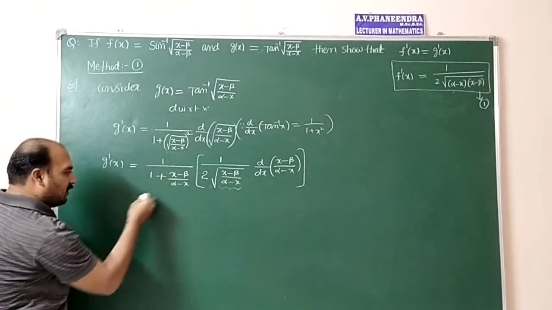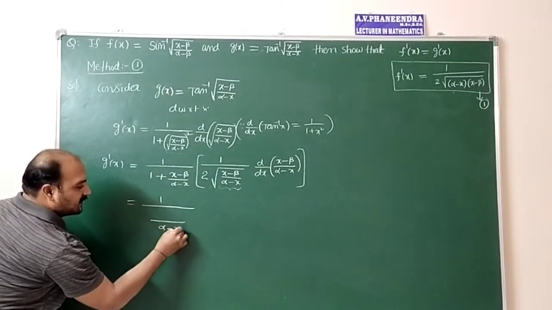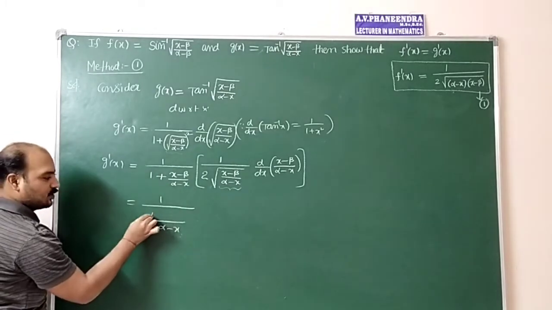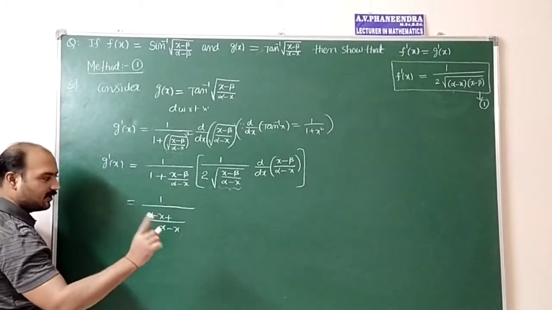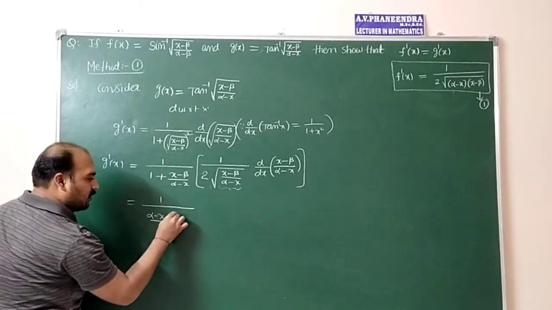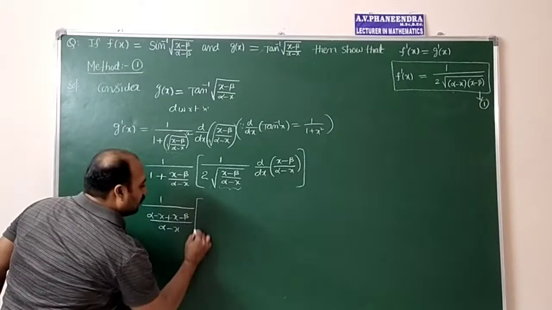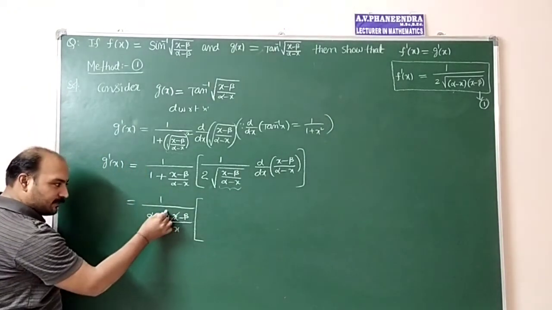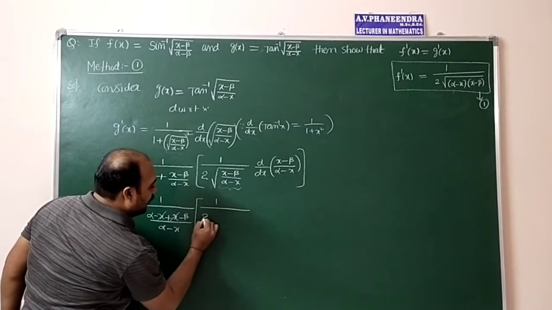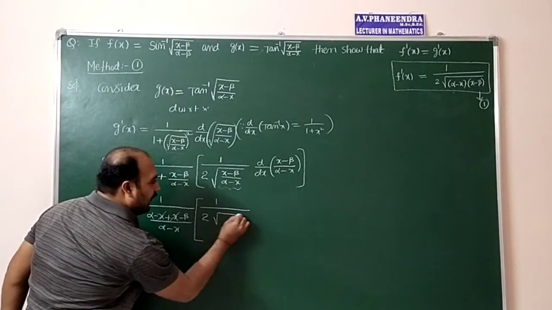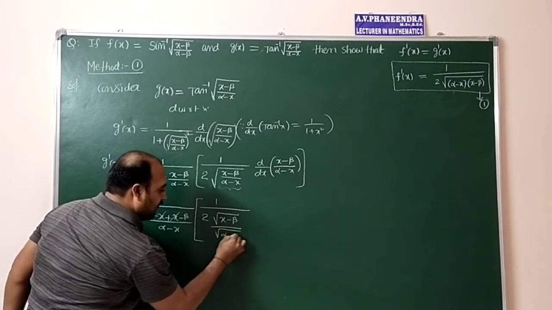Now simplify here. 1 by LCM is alpha minus x. Alpha minus x into 1 is alpha minus x, plus alpha minus x, one time it is divisible, so 1 into x minus beta, x minus beta. Here plus x minus x get cancelled. 1 by 2 into root a by root b. Root x minus beta divided by root alpha minus x